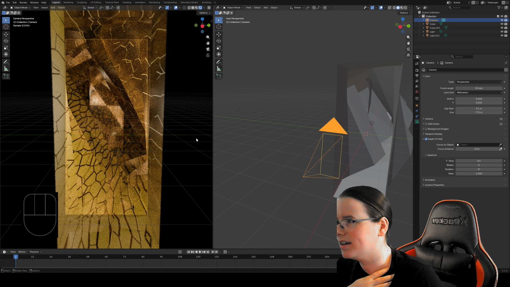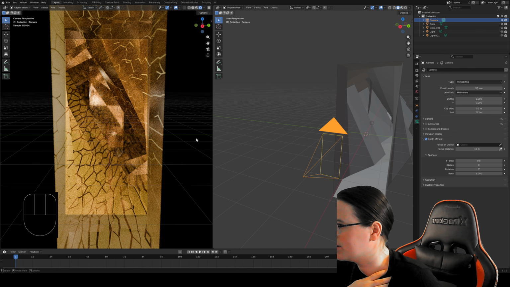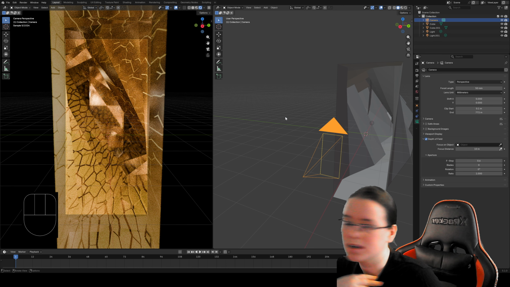As such, I mean, it's just a nice little funky background that you can do with Blender. Totally up to you what you want to do with it. If you want to perfect it,